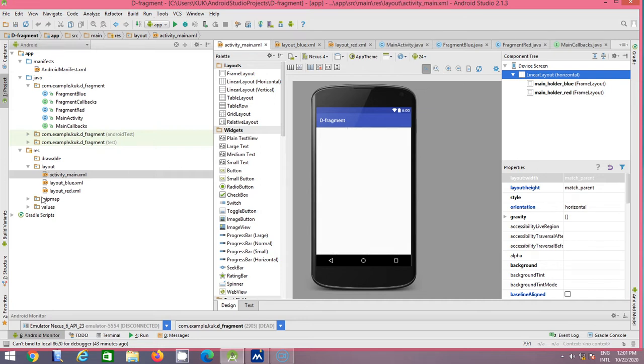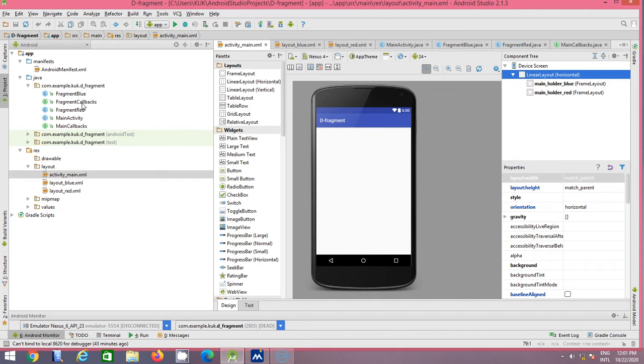In the first part you have to create these 2 extra files in the layout folder. In the Java files we only have the main activity file, so you have to create 3 Java files: fragment blue, fragment red, as well as, for communicating, we have used interfaces. So you have to create 2 files for interfaces, main callback and fragment callback.